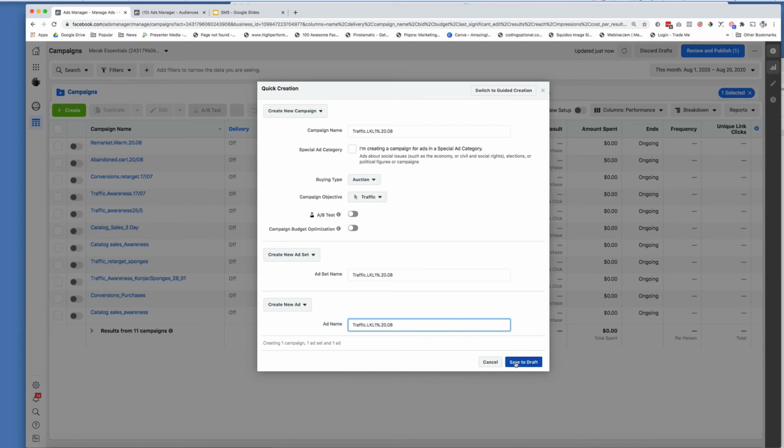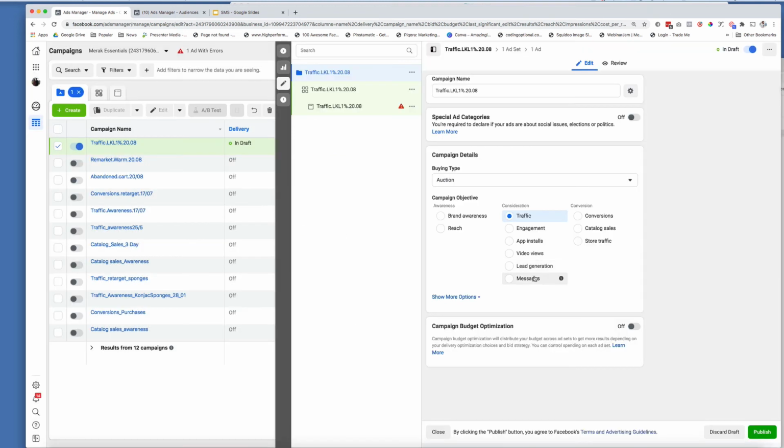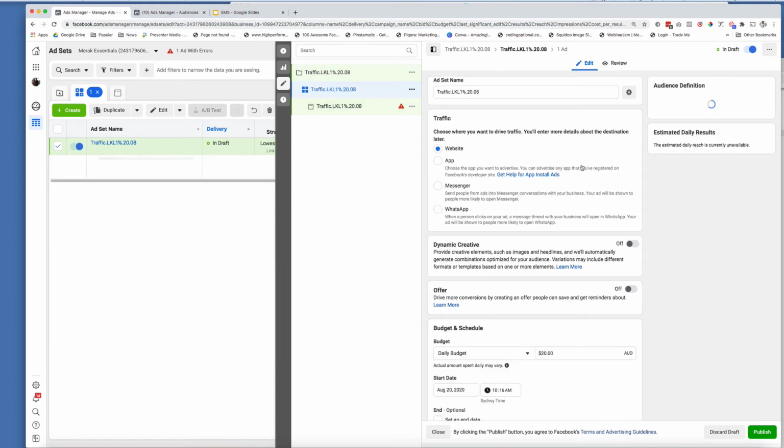I'm going to save that as draft. Again, just remember, best practice, just turn it off in case. Okay, so we've got our traffic campaign. Now you'll notice I'm going to set the ad budget in the ad set level, so in the second tier. And